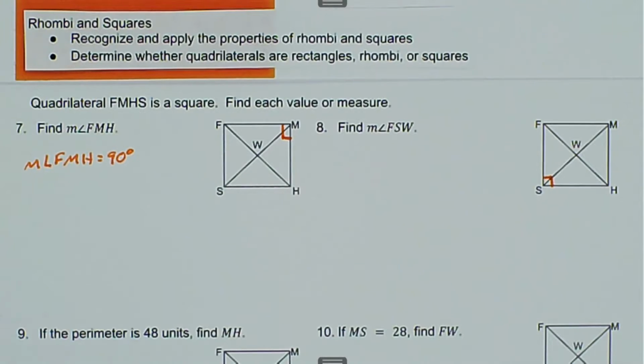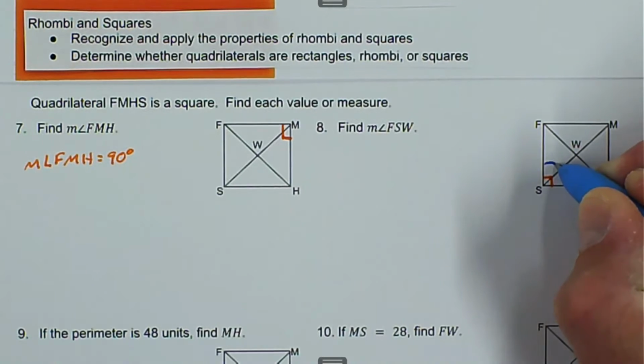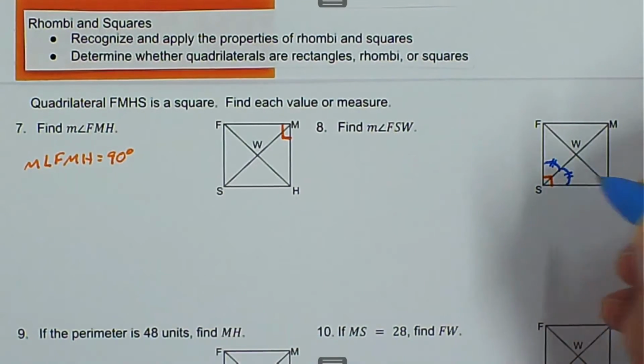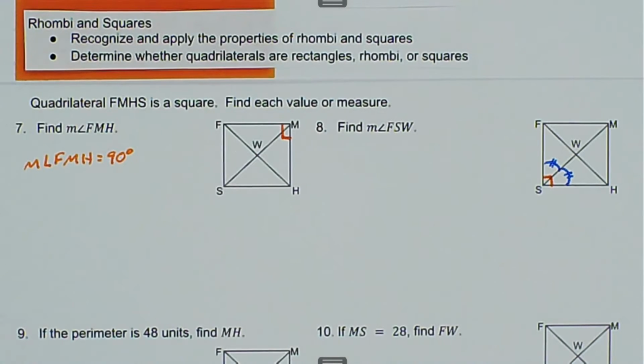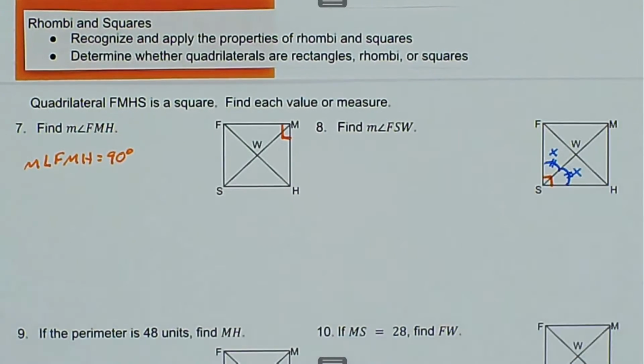But we also know that the angle is bisected by the diagonal. So we know that this angle is congruent to this angle. So if we're not sure what the value is, we can say that these are both x. So those two angles added together equal the 90 degrees there. So we can say